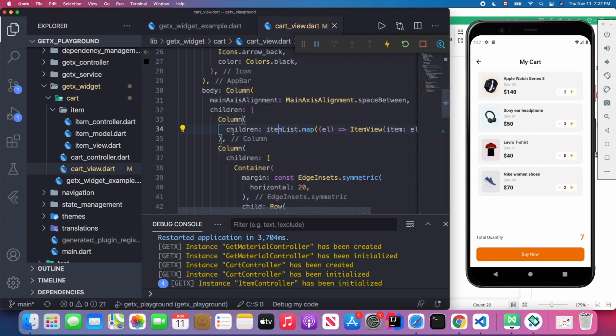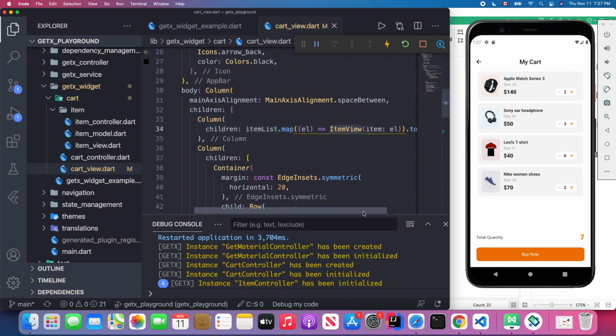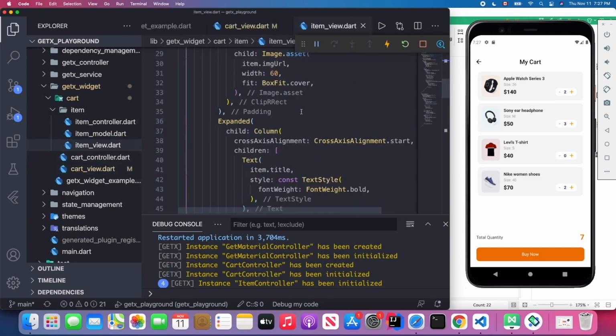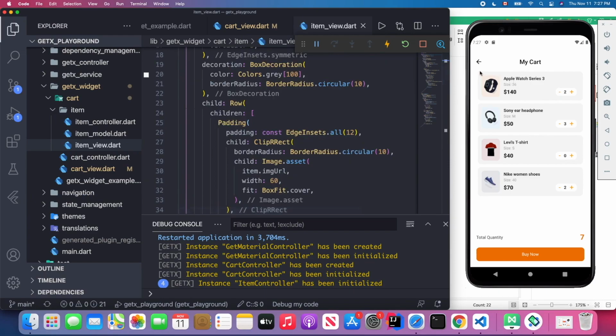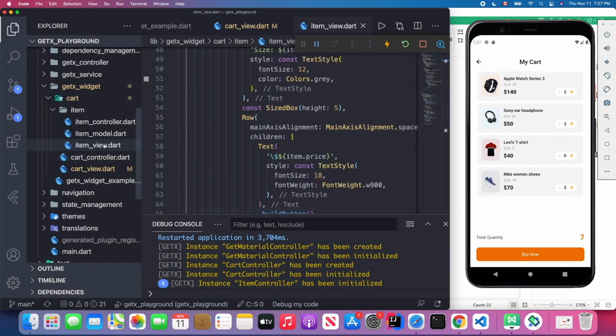Inside the column widget, we're going to list out all the items which you see here, right? And the item will be in this item view. So the item is just the layout for each of those shopping items. And the most important part is this